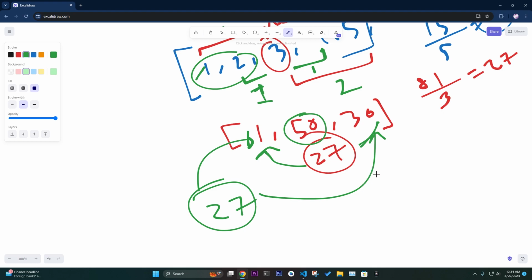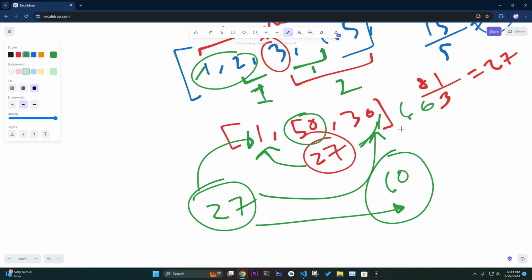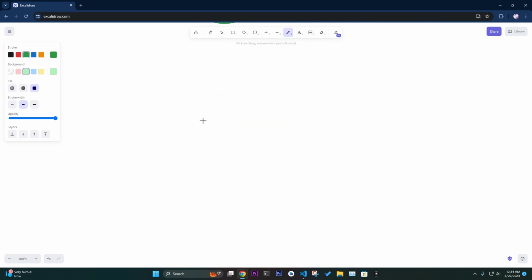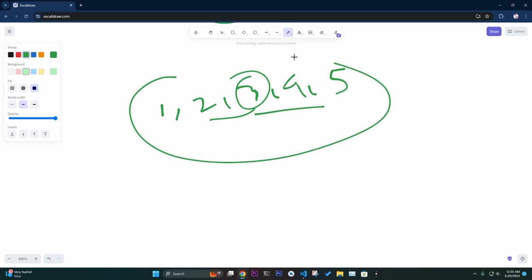If you add one more input, 60, see how much the difference is. Now the standard deviation is much higher, because the difference from the mean to your last value is very high. Okay, so that is the thing that I wanted to show you guys. On the other hand, if we use 1, 2, 3, 4 and 5, and this is the mean value, the difference is very small, which means all the values are very close